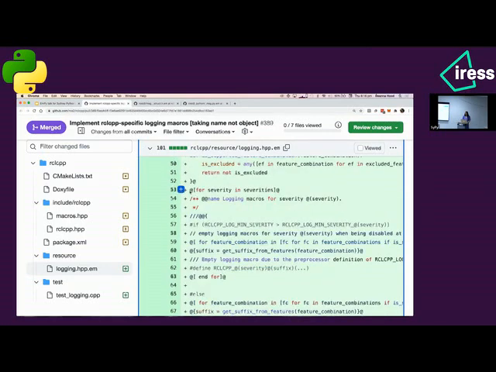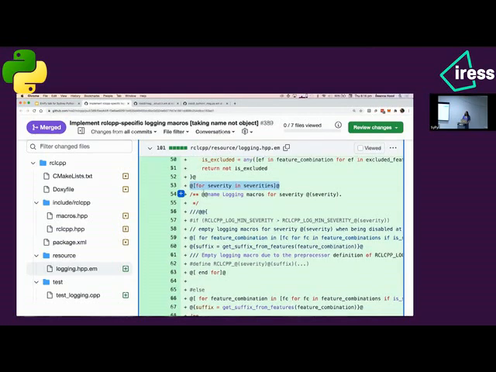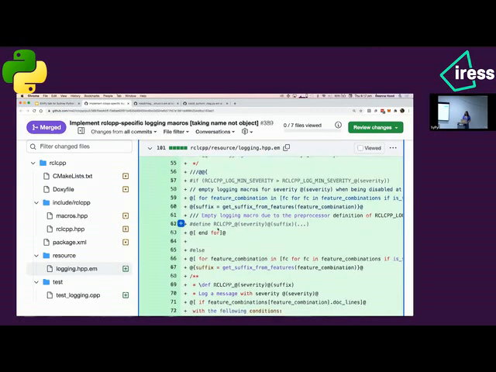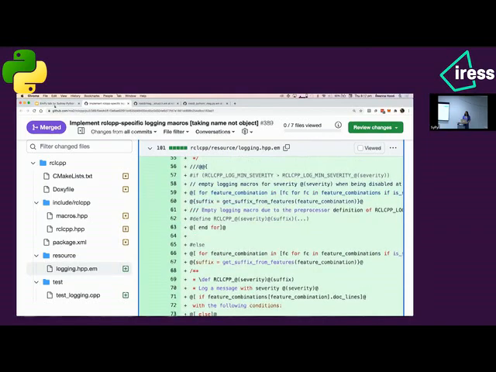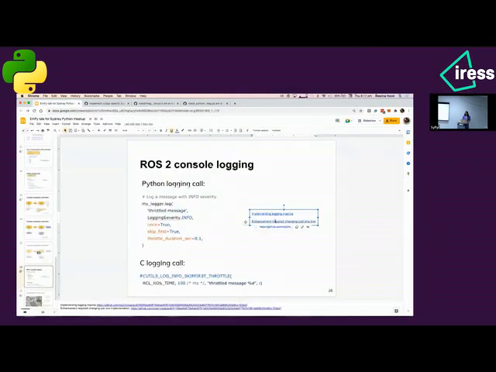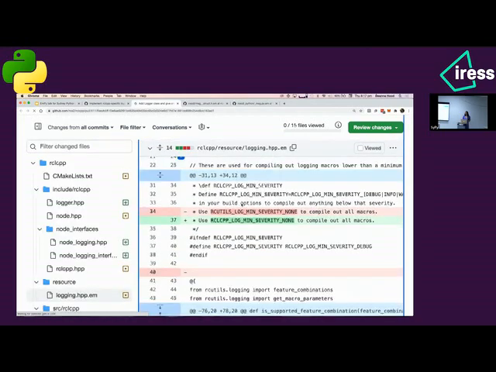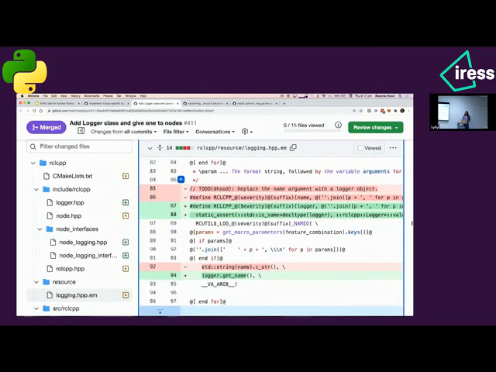And the way that it uses it, again, is very simple. It's just a for loop. For each of those severities, it puts the same cookie cutter code in there. The rest of the implementation is probably less interesting, but the cool thing you can imagine, even without looking at the implementation, is that if we want to change something about how the macros